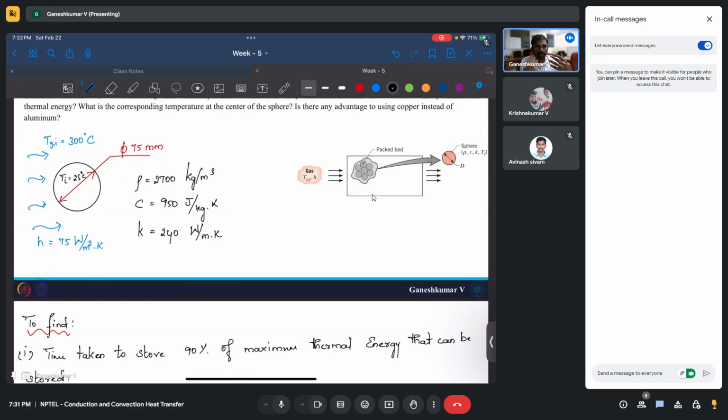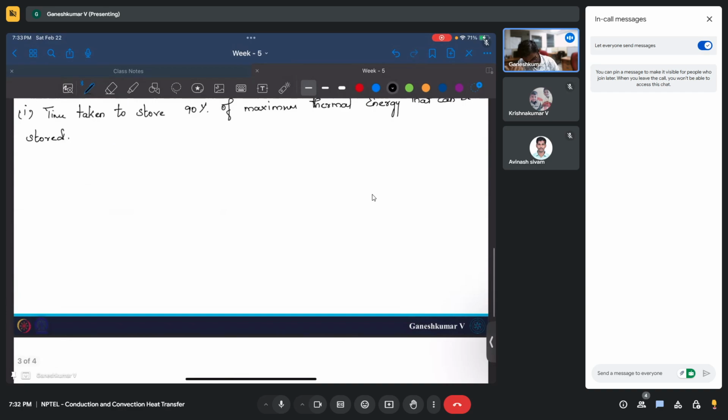Above that you cannot go because the surrounding gas itself is at 300 degrees Celsius. Once you reach 300 degrees Celsius, there will be no heat transfer. Everywhere it will be the same temperature, right? So the maximum delta T that you're going to give for this sphere is from 25 to 300. Then the total heat that you can store within the sphere is simply m c_p delta T, right? m c_p. So the Q max